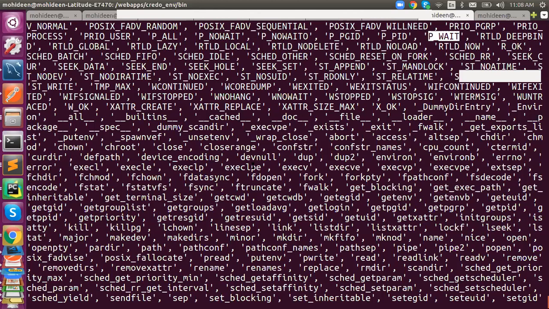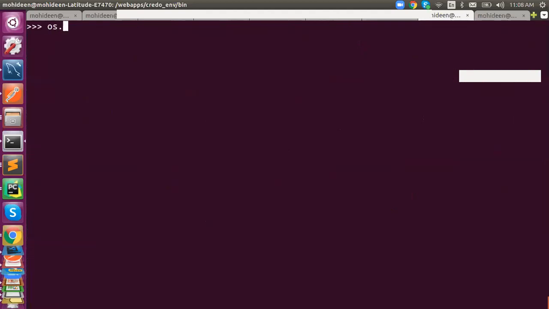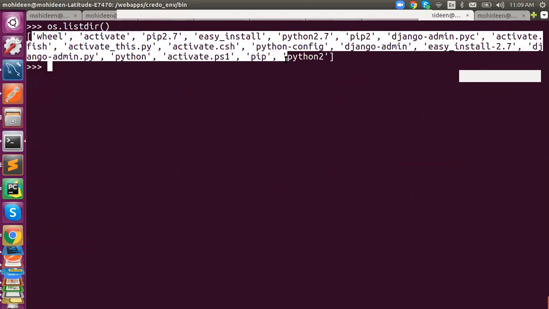Okay, and let's start with the file-related stuff, and we'll discuss in detail tomorrow. So it's basic stuff today. We are going to talk about os.listdir. Here I'm not passing anything, but in Python 2 it will raise an error, saying it requires one parameter but zero given. But in Python 3 it will take a default. What will be the default? When you say listdir, it will take the default one, which is my current path. It will list the files present inside.